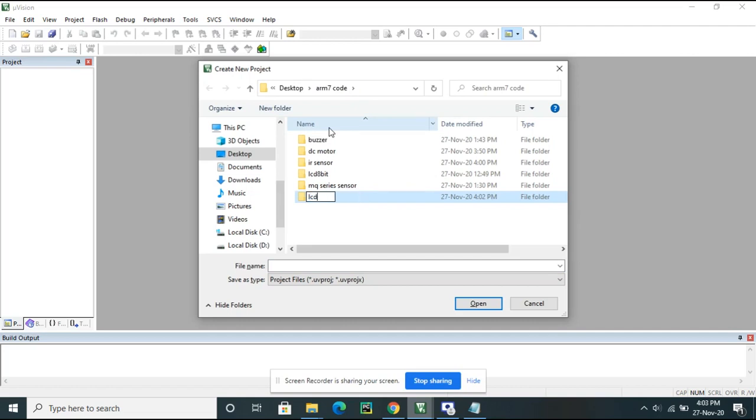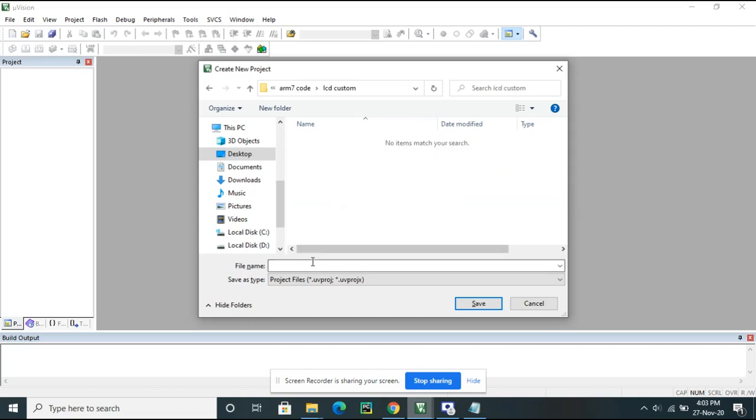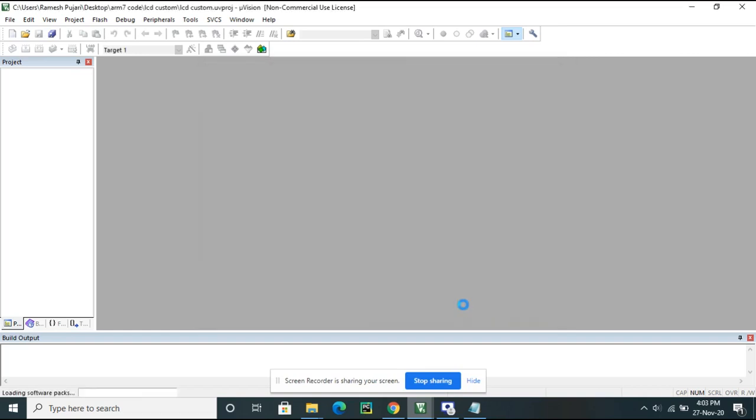I'm giving the name as LCD custom. This is my folder name. Then I need to select the LCD custom, and here I'm giving the file name. I'm giving the same name. In your case, if you want, you can give a different name.